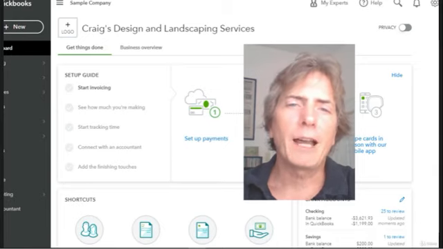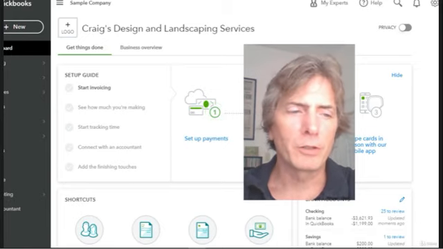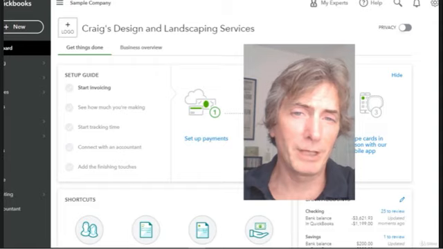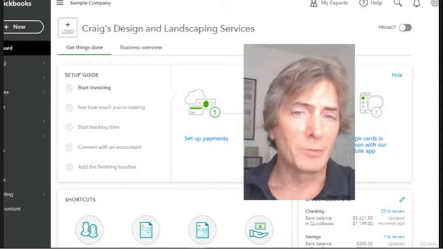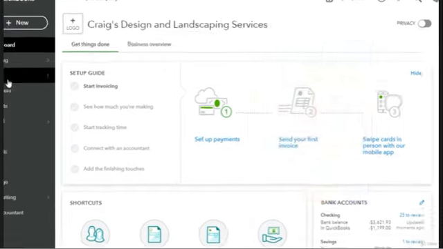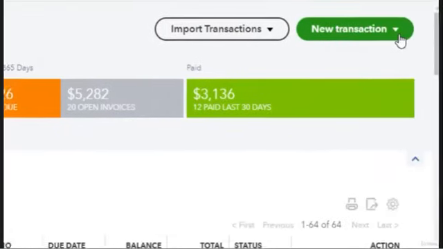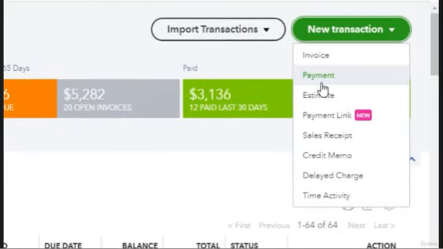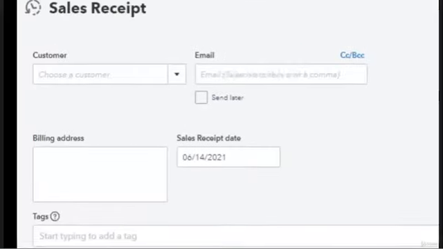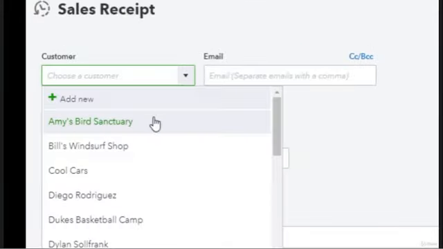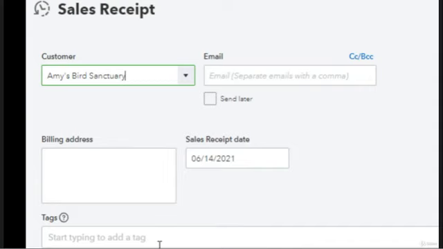We'll first look at how we would go about recognizing the revenue under the cash basis if we got prepaid for a landscaping job, and then we'll look at the accrual basis. So we'll go to sales, all sales. We'll do a new transaction, a sales receipt. We'll just use the first customer on the list,